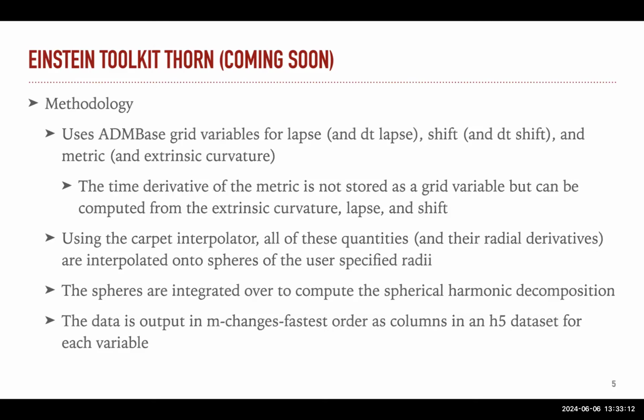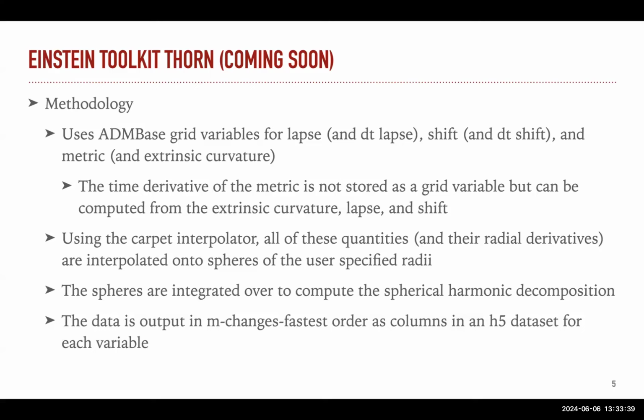Okay, so just a brief overview of the methodology of how it'll do this. We're using the ADM-based grid variables for the lapse, as well as its time derivative, and the shift, as well as its time derivative, and the metric and the extrinsic curvature. It's worth noting that the time derivative of the metric is not directly stored as a grid variable, but the extrinsic curvature is, and you can compute the time derivative of the metric directly from the extrinsic curvature, the lapse,